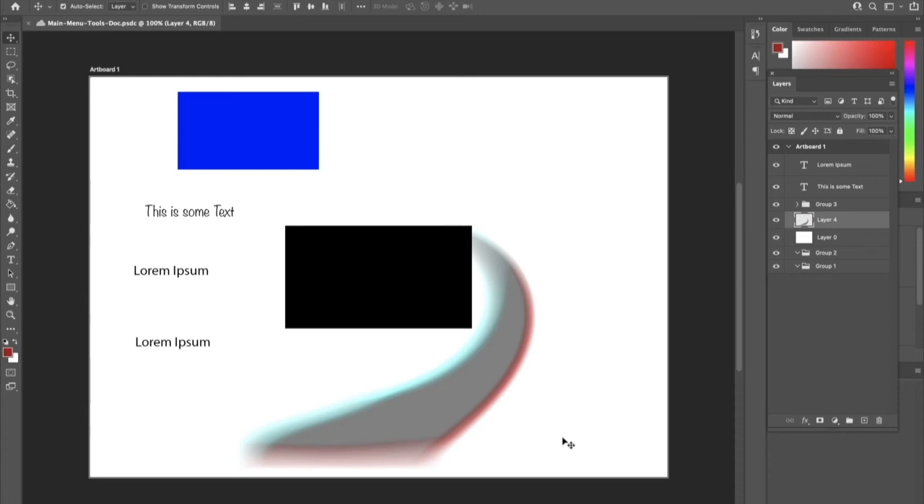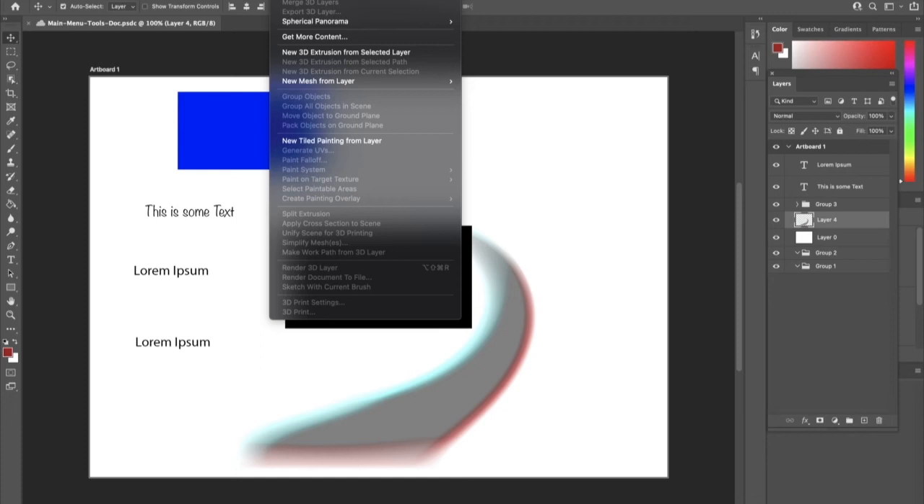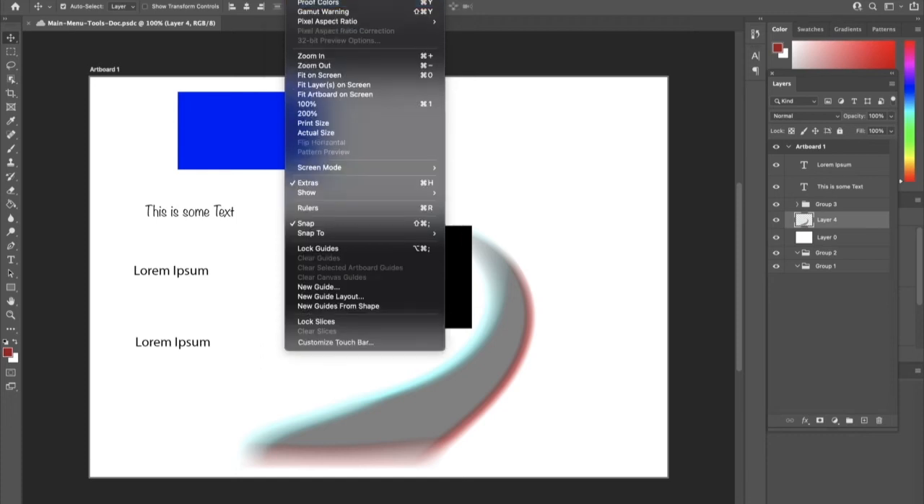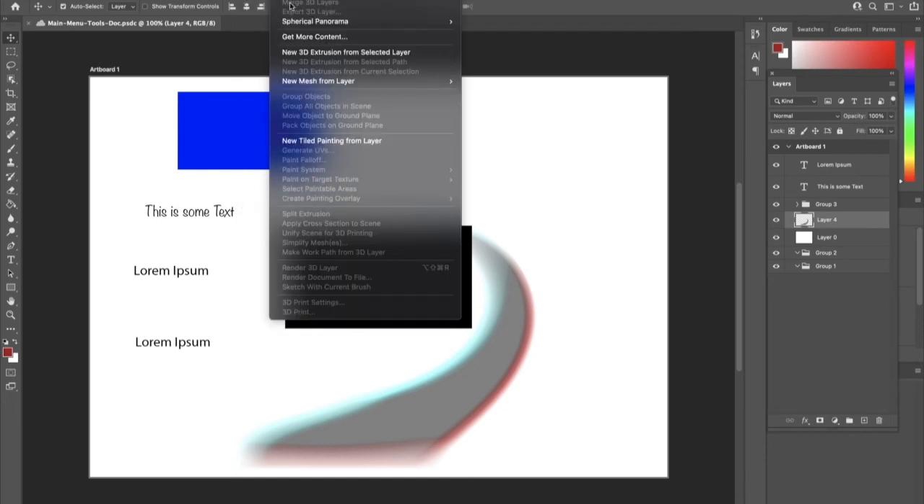All right, welcome back. So in this video, we're going to talk about the 3D menu. So if I go to 3D, you can create a new 3D layer from file. We can merge 3D layers, export 3D layer, panorama, so import panorama, new panorama layer from selected layers, and then export panorama, get more content,